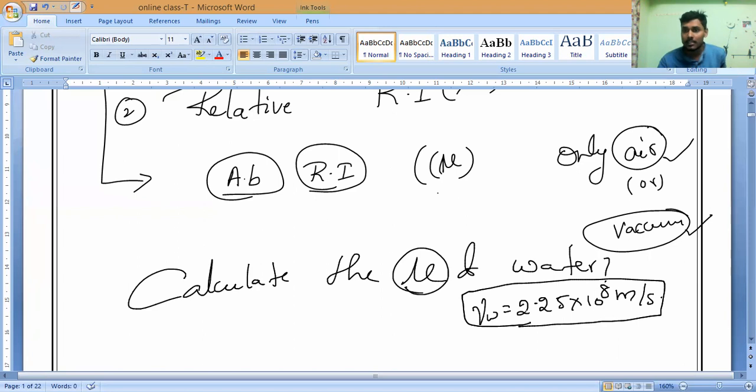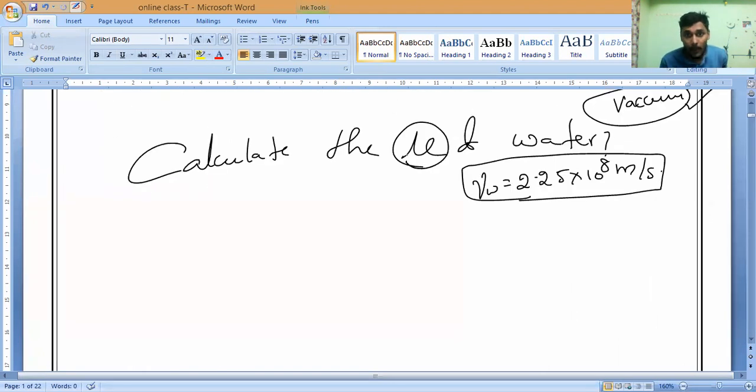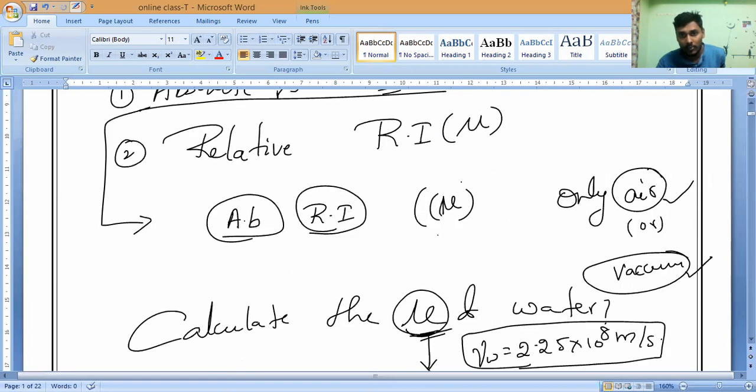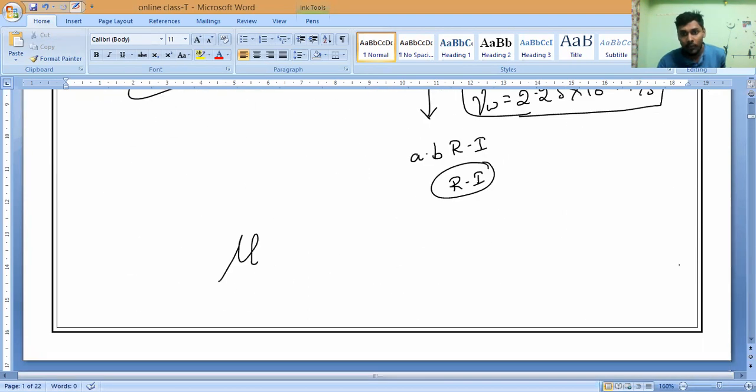So now in this case, they are not asking exactly for absolute refractive index. They are simply asking for refractive index or absolute refractive index, anything. Both are the same. Even they are not mentioning the speed of light in air, so you have to understand they are asking us to calculate the absolute refractive index. Always remember, absolute refractive index we will compare with only the speed of light in air or the speed of light in vacuum. That is what your mind should say first.